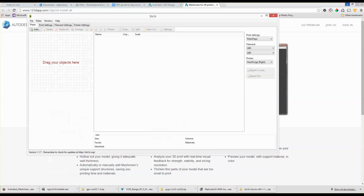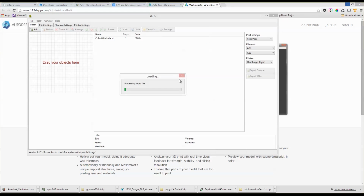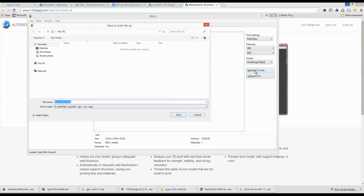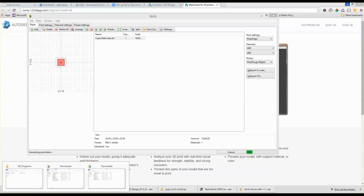which I can now open in my slicer, click add, and on the desktop we should have my STLs. So here it is. I can choose now which filament, which nozzles I want, and I can export as G-code. So if I create over here another folder named G-code, and I put it over there, you can see it's already selecting the G-code file extension,